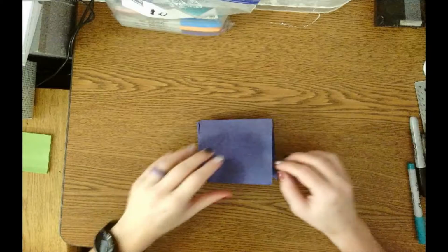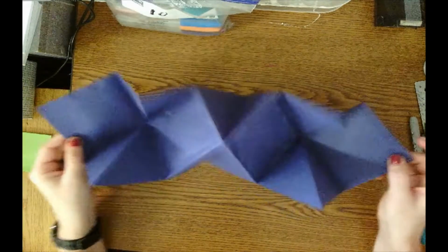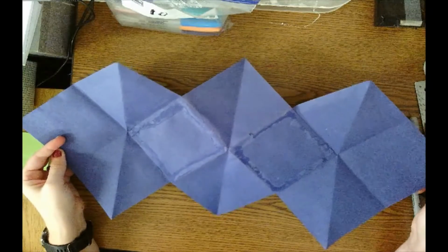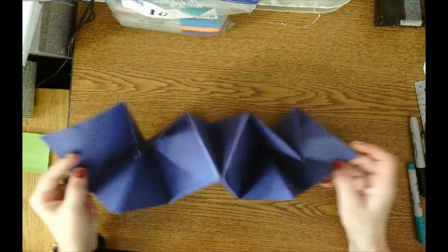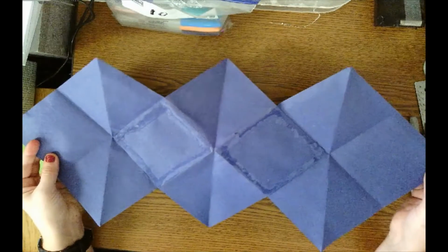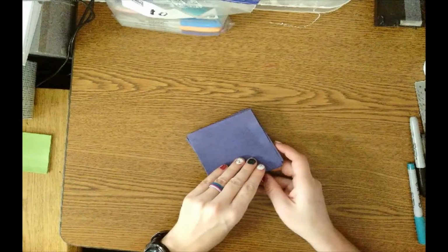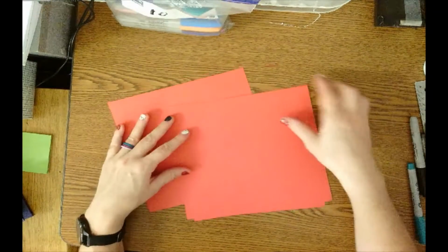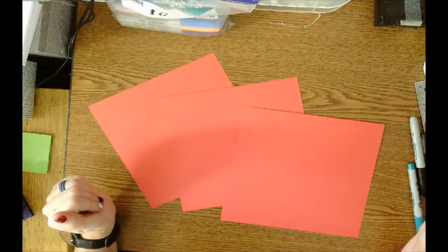To begin the construction of our explosion book, you're going to be choosing a color that you want the book to be, and then I'll teach you how to fold it and glue it together so that it opens up or explodes to reveal the artwork on the inside. So you're going to choose which color you want, and you're going to get 3 pieces of paper that are all the